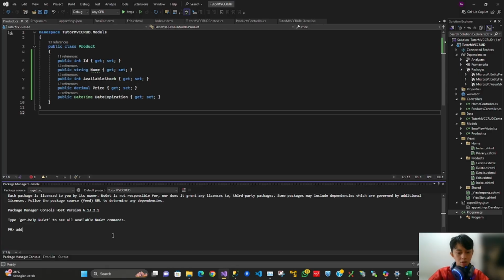Give the command Add-Migration with the name Initial.